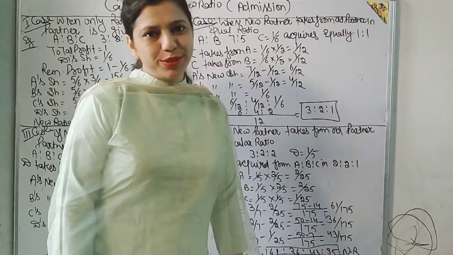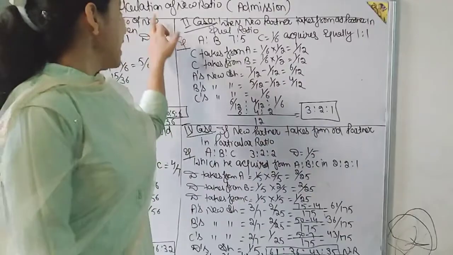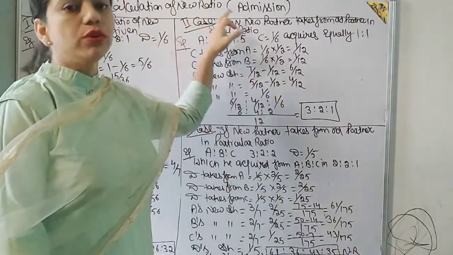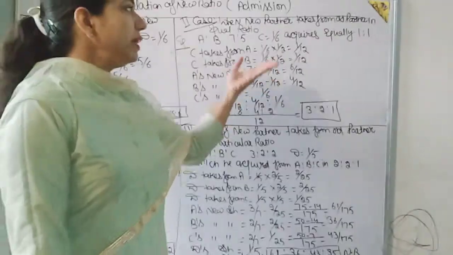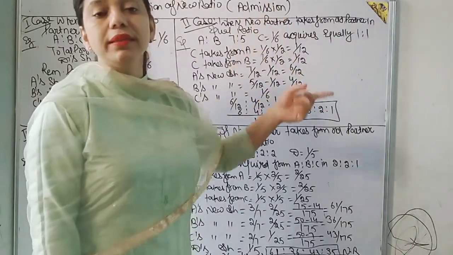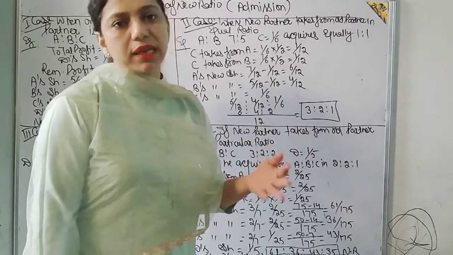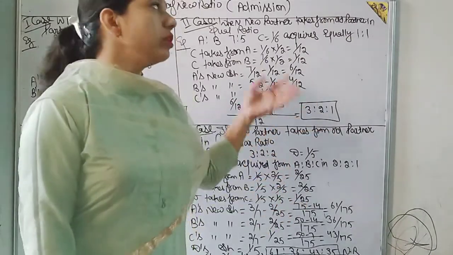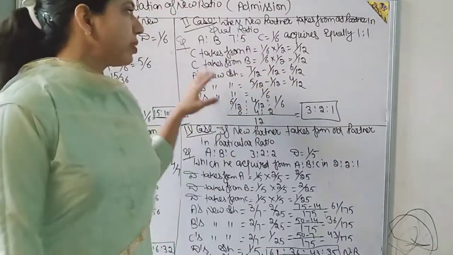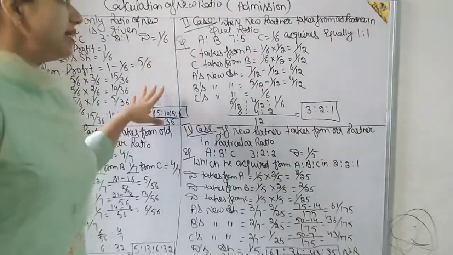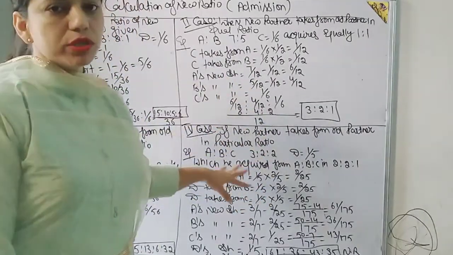Good morning. In this video, we are going to discuss calculation of new ratio in case of admission of a partner. Definitely, when a new partner is admitted, there is a change in the ratio. Old partners have to sacrifice some ratio for the new partner. So we will calculate the new ratio. In this video, I divide the ratios into 4 sections. There can be 4 situations.